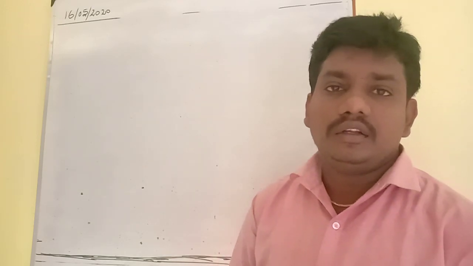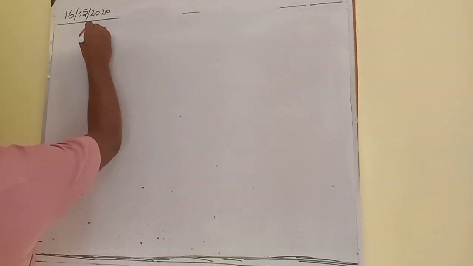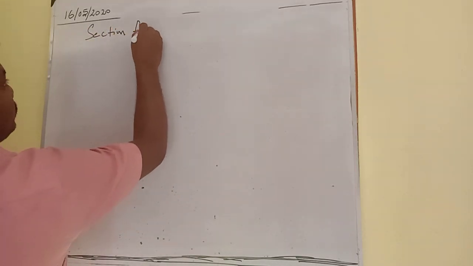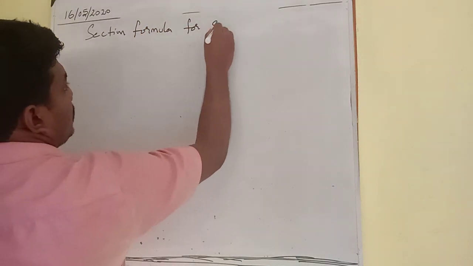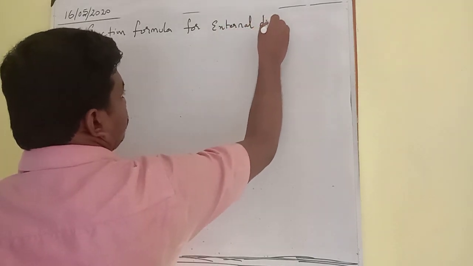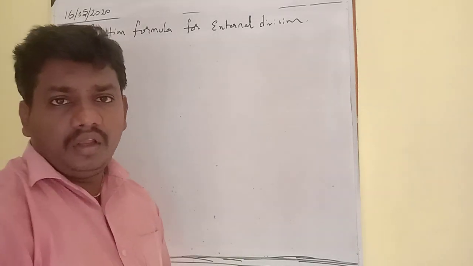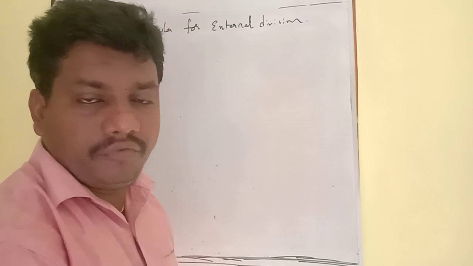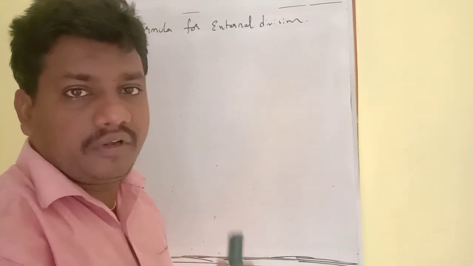Section formula for external division. If any point P(x, y) will divide the given line segment joining points A(x1, y1)